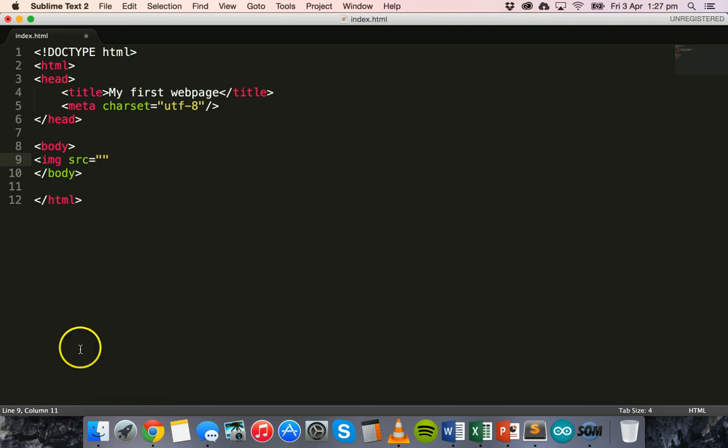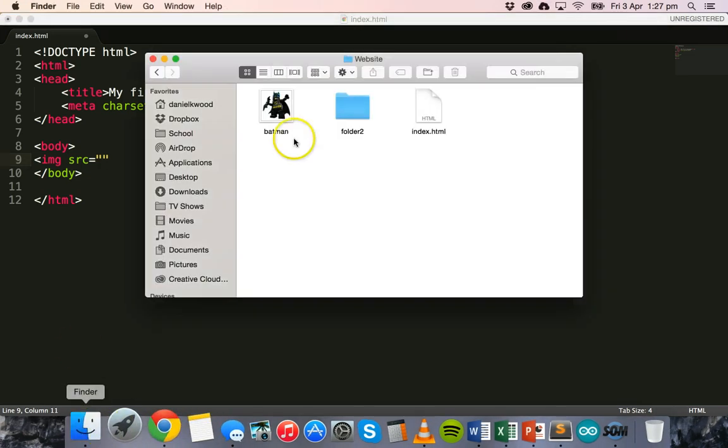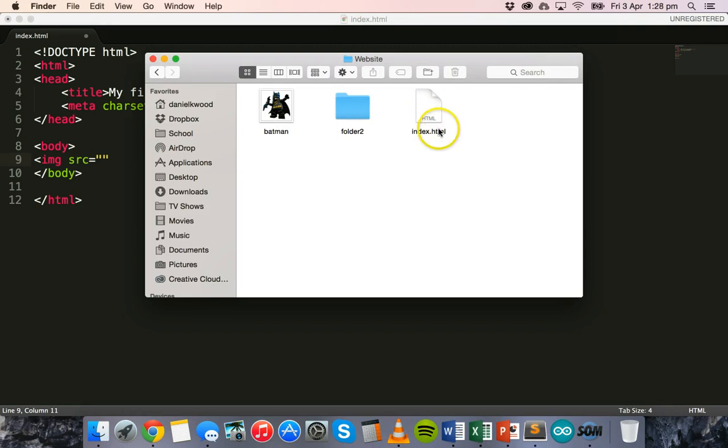Now, in my folder here, I've got index.html, which is the page I'm currently working on. And then I've got this image here, which is a PNG file. So in your web pages, you can include PNG images or JPEG or GIF images and other types of graphics files. But my image here is batman.png because it's a PNG image, and it's an 800 by 800 pixel size